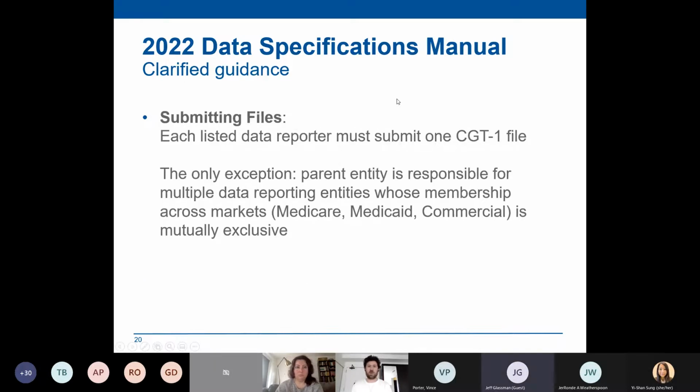And this one's all about submissions for some of the bigger payers or submitters. We do really only want one file submitted per reporter that is listed. However, I think there's some good reasons to make exceptions here.